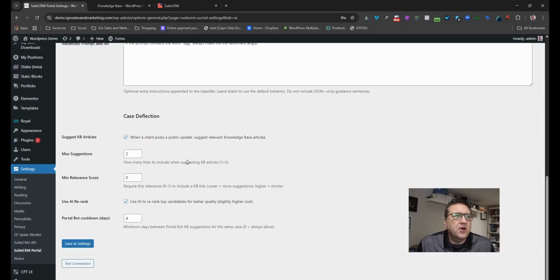Okay, so what I'm going to do here is just create a new one, and you'll see that it pulls in a few articles from my knowledge base and sets the client up. The other issue is you don't want the knowledge base to keep sending the person links to the knowledge base, right? So if you have 4 or 5 different updates going back and forth between you and the client, it would get quite annoying